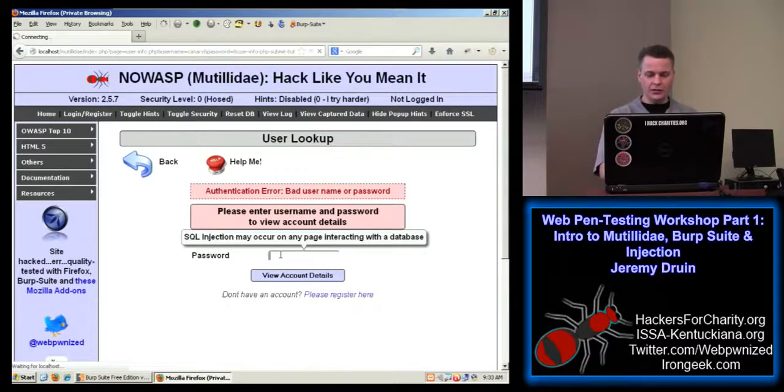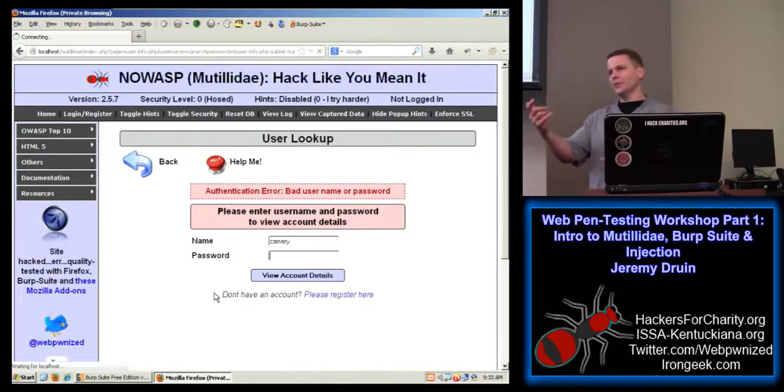Okay. And for the second field, we don't want to use the word canary, because obviously we wouldn't know if it was the name field or the password field, so we need a different canary. We can do, say, canary 2, or probably a better one would be canary password, to relate it back to the name of the field.